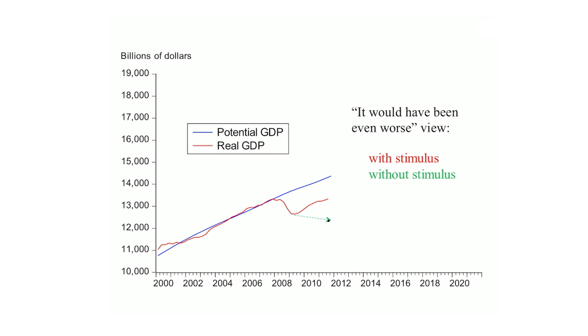And so they would say the stimulus helped keep us on the red line rather than going down on the green line. The other view, which is it really didn't work, shows you what happens with the stimulus and without the stimulus. And these are people who feel that the permanent income model was quite accurate, multipliers are small, all the things that would make the stimulus packages less effective come into play in this argument. So that's the nature of the debate. You can see some of the reasons for the debate.